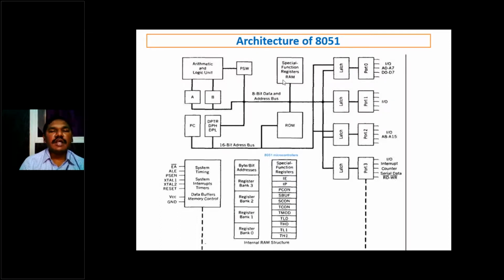Next one, this is the RAM memory. Inside of the microcontroller we are having some RAM. What's the need of RAM? It's a temporary memory. Before executing any instruction or any data, the RAM holds the operations. So that's the need of this RAM. Here on chip we are using 128 bytes of RAM.